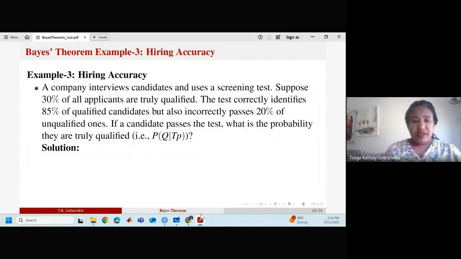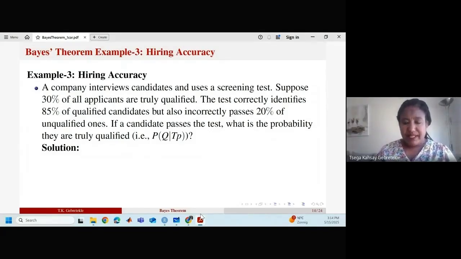Okay, what about the next example? In the next example, which is hiring accuracy, it said, a company interviews candidates and uses a screening test. Suppose 30% of all applicants are truly qualified. The test correctly identifies 85% of qualified candidates, but also incorrectly passes 20% of the unqualified ones. If a candidate passes the test, what is the probability they are truly qualified? So the given ones are